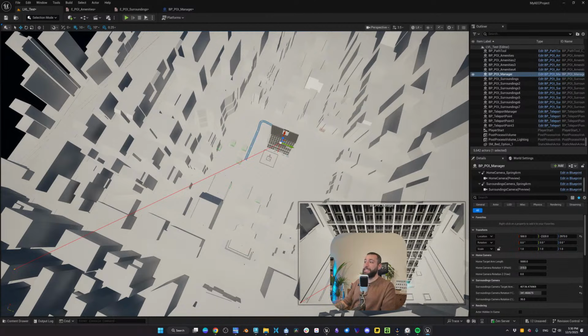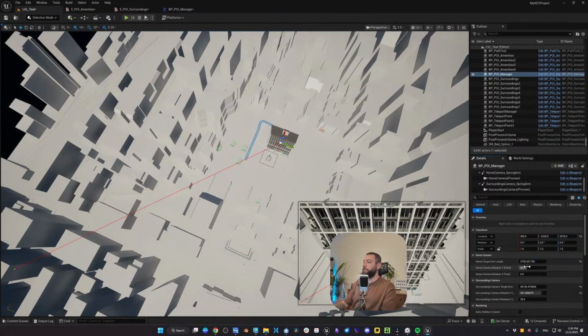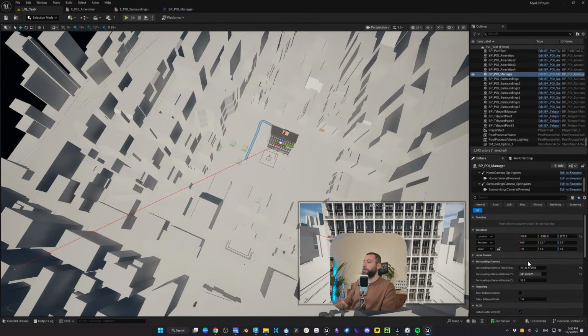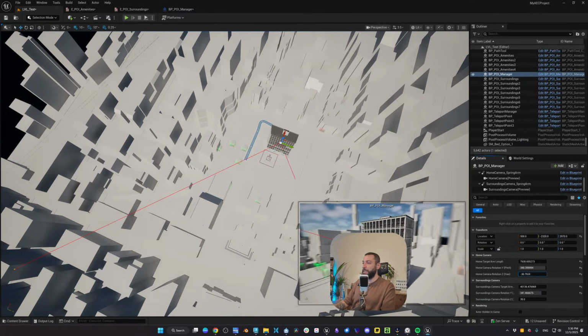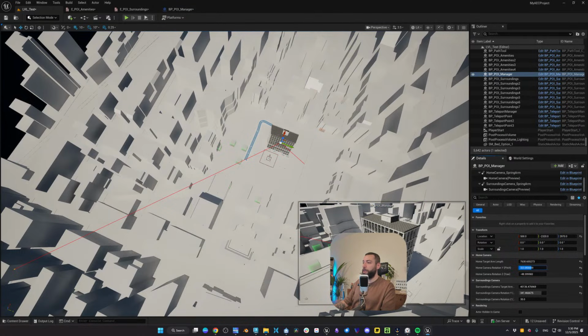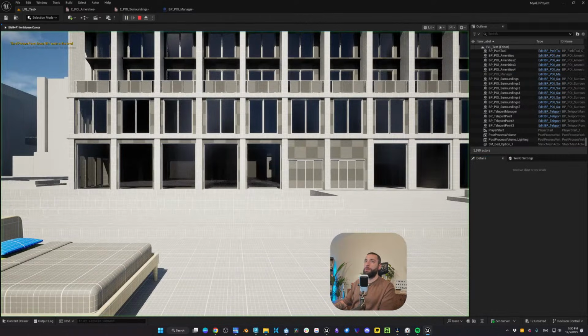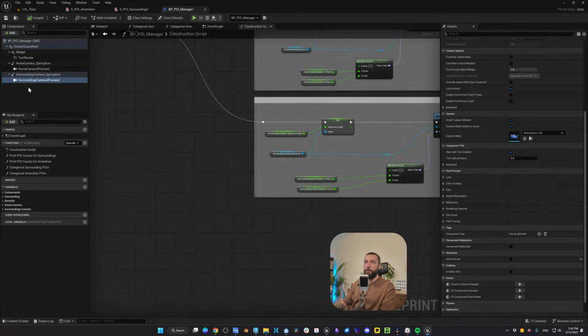So now we see the home camera, so you can set how close or far your default home view is from the project. So let's say I want this to be my home view. Now, when I click on play, let me actually enable the camera. So surroundings camera, let's enable this again, and now we're good.